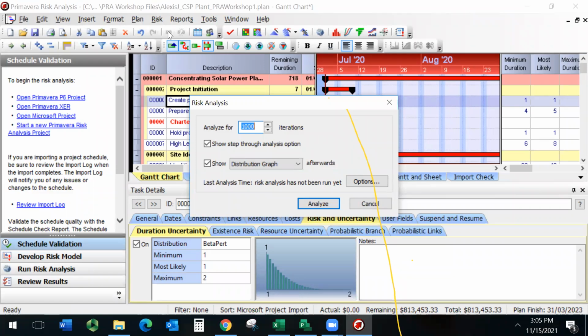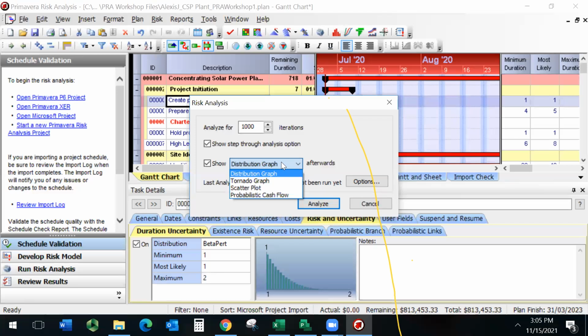You can show step through the analysis to see what's changing in your project, depending on whether you are using the minimum, the most likely, the maximum, or the average durations to complete the project. What do you want to see after the analysis? I'm going to choose to see a distribution graph first, but you can also choose to see a tornado graph, a scatter plot, or